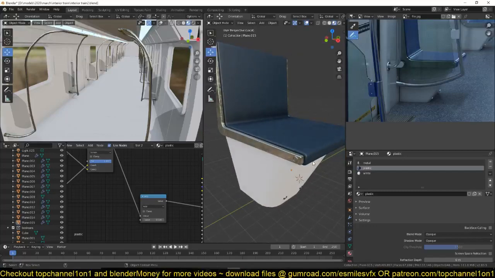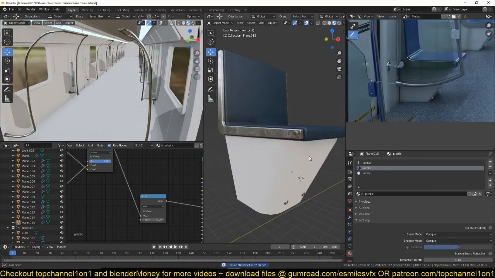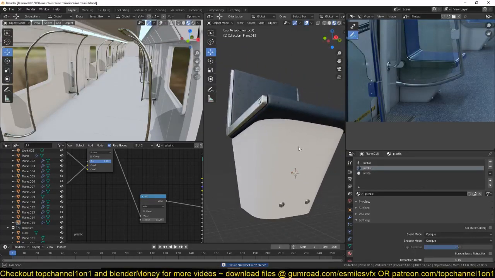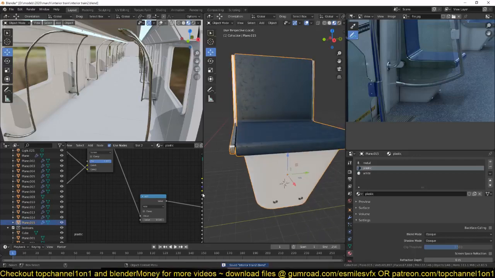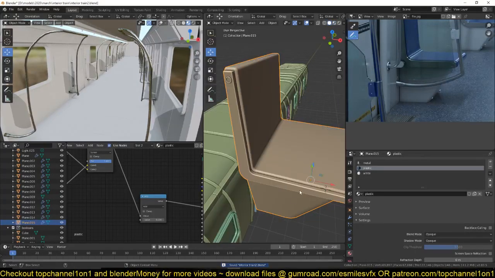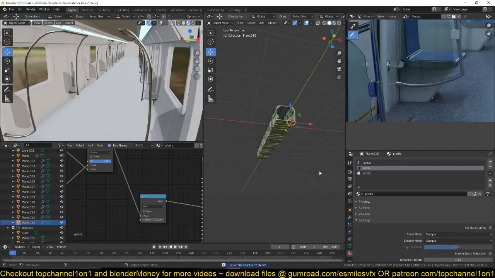I think that's good enough. So we can add this now. Let me make it a bit more reflective, somewhere there. Now we can add this to our